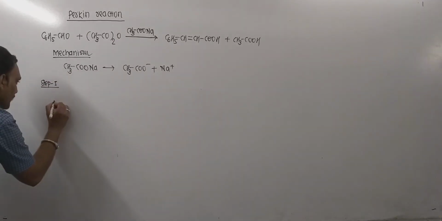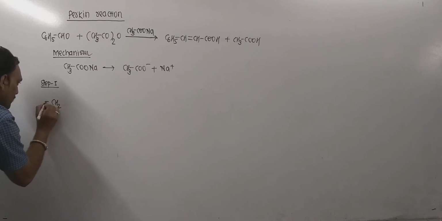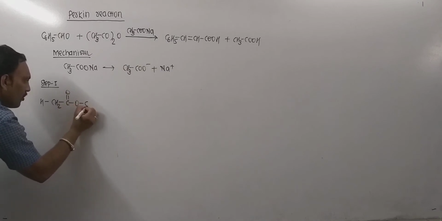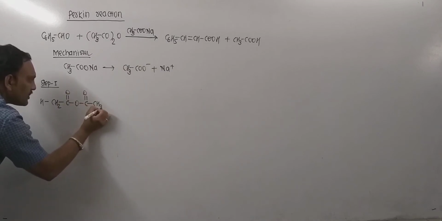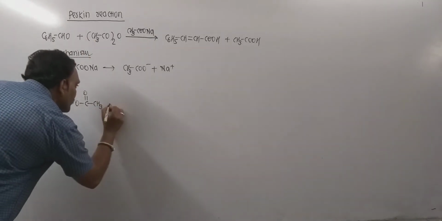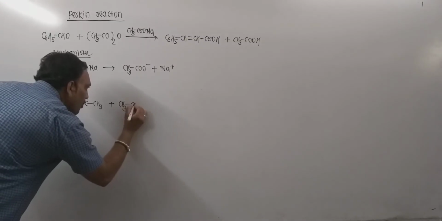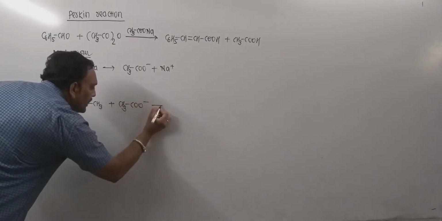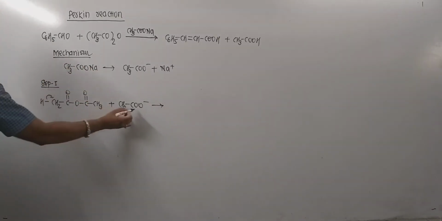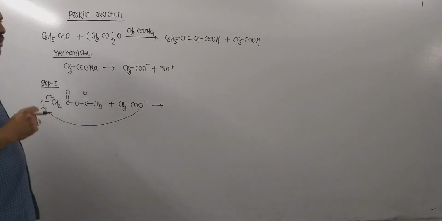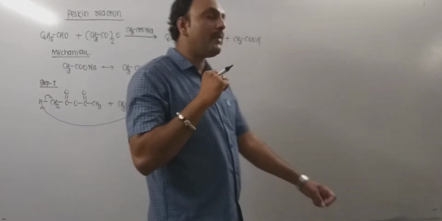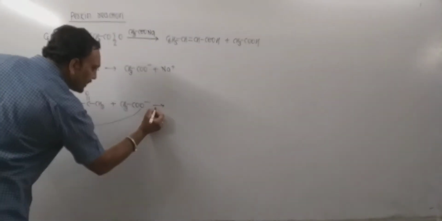Anhydride ultimately gets attacked. Now acetic anhydride can be written in this way: CH3CO O CO CH3. So this is acetic anhydride, whatever we have used right here. Now the hydrogen ultimately gets removed right here by the base, and this leads to the formation of anion, that is carbanion. So carbanion is formed as an intermediate right here.